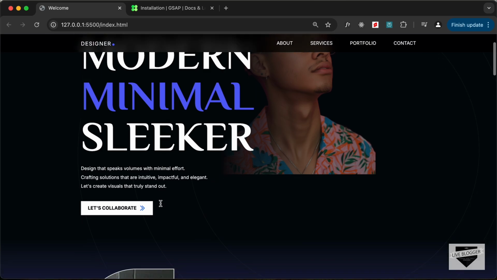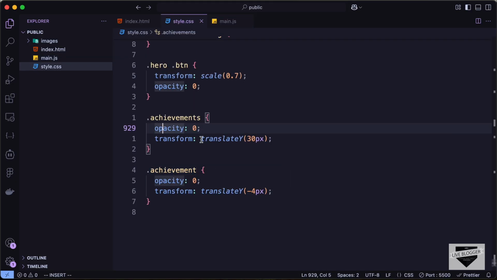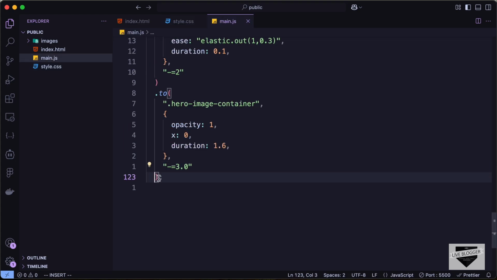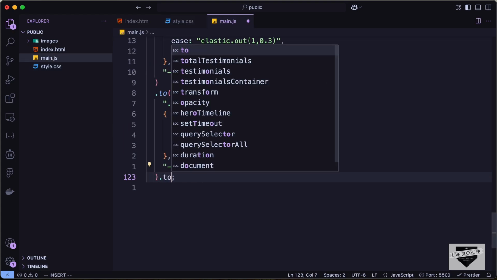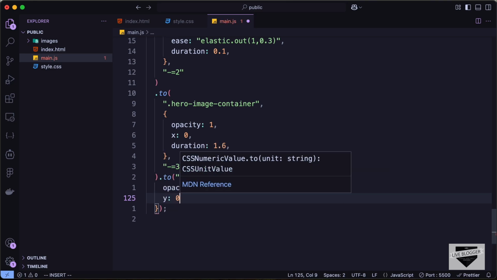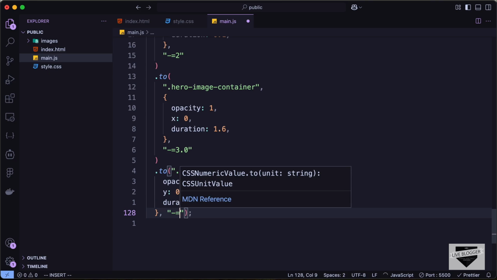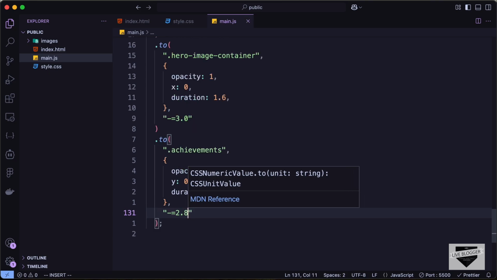Right now let's display the achievements section. Now for the achievements we have opacity and translate Y. So here let's type .2 achievements, and let's type opacity of 1, Y of 0, duration of 1.4, and here let's type negative equals 2.8,